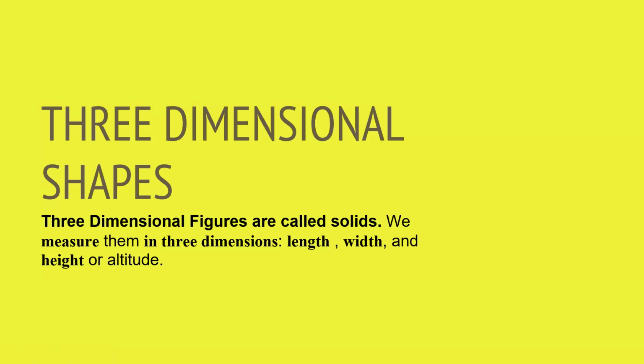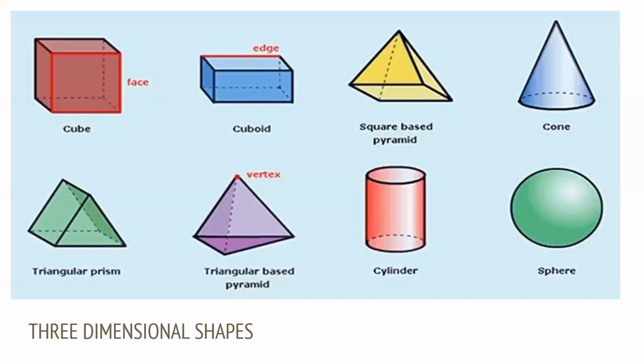Three-dimensional shapes. What is a three-dimensional shape? Three-dimensional figures are called solids. We measure them in three dimensions using length, width, and height or altitude. These are the examples. The first one is cube,